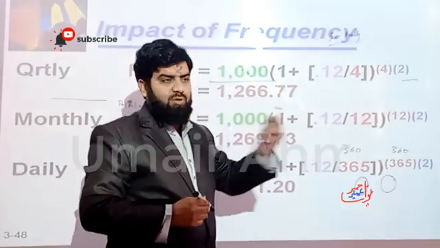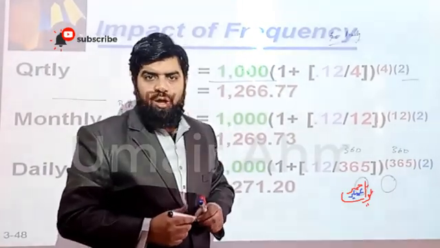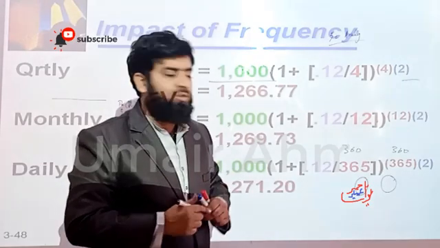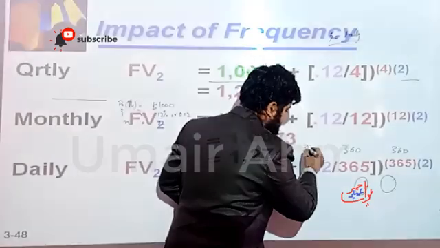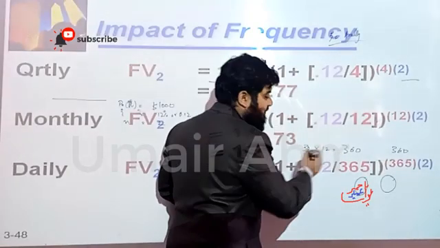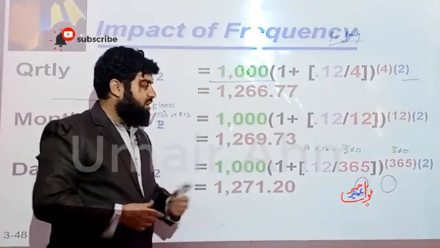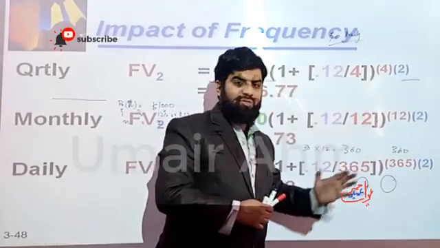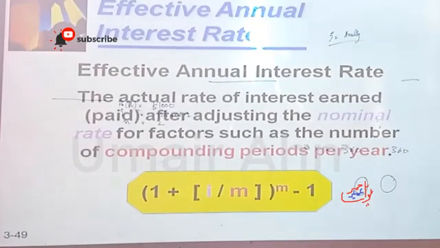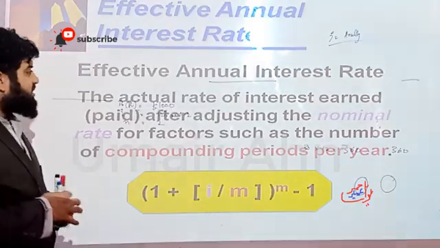Sometimes for forecasting we use 360 days because we consider every month to have 30 days. If you have a 30-day month, multiplied by 12 you will get 360. So you can use 365 as well as 360. Okay, what is effective